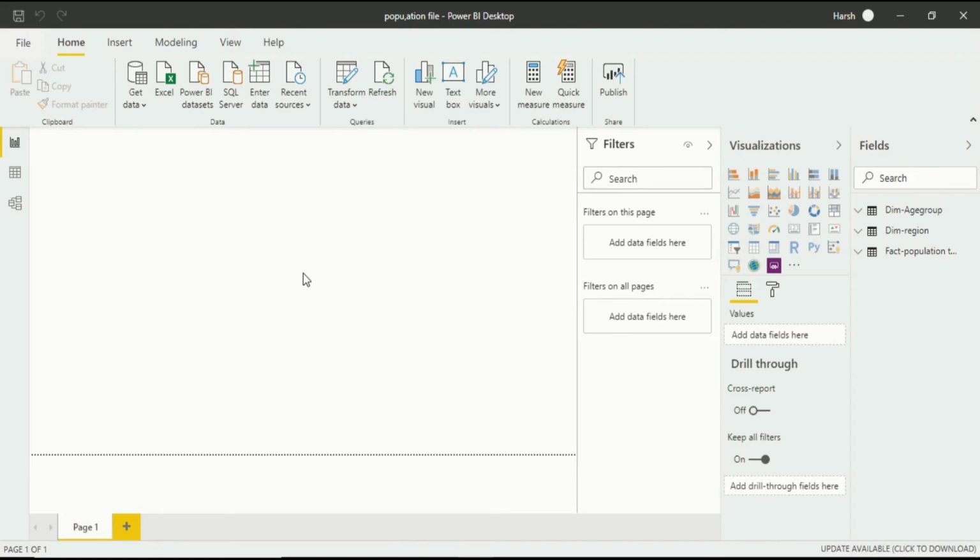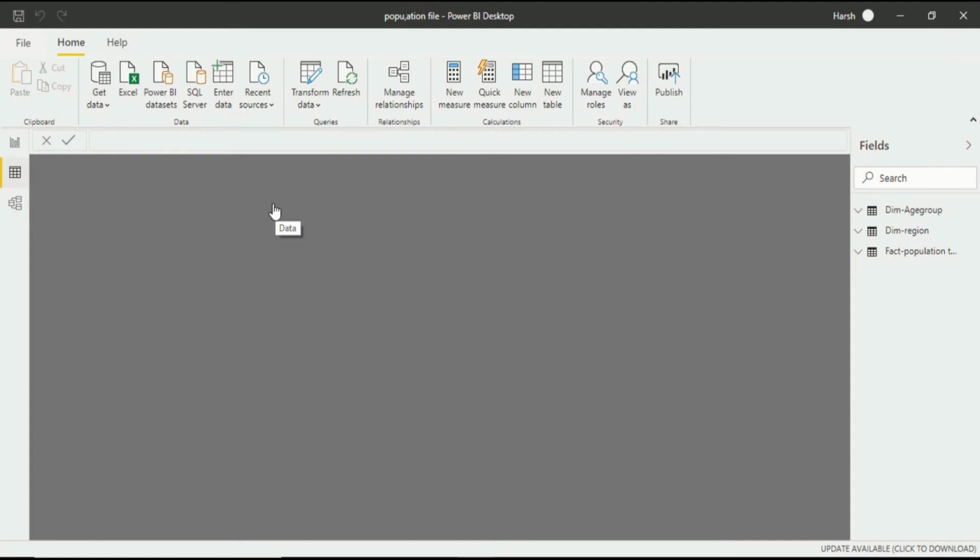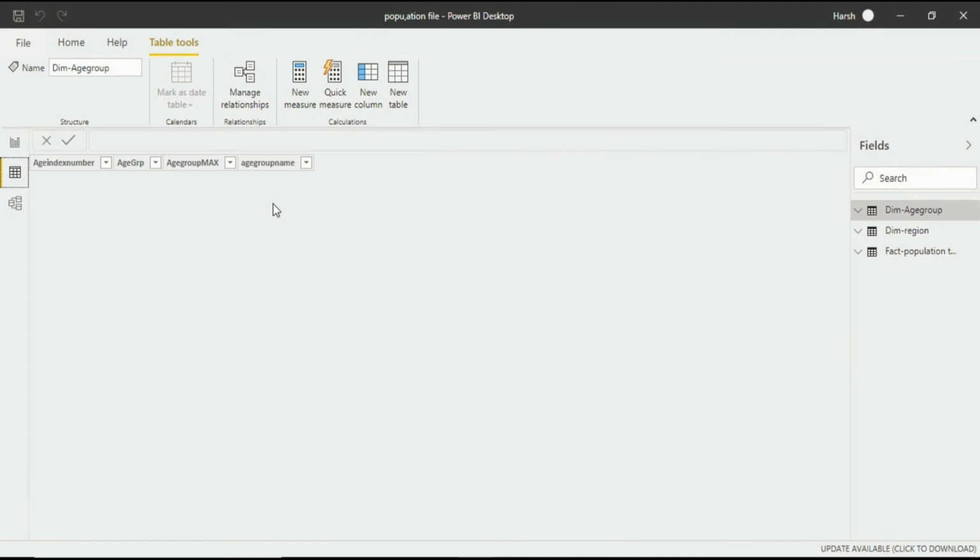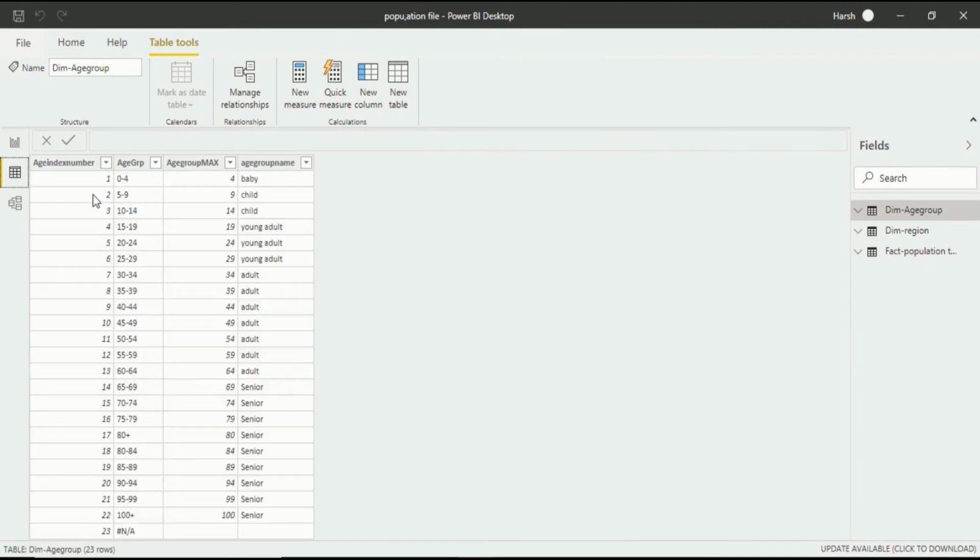Now we are in Power BI Desktop in the Data Model interface. If you want to learn more about this interface, you can go to my previous video and see how this interface works. Now let's get back to the question of this video, about the categorization of data and why it is important. We have already covered the DAX expression, data analytical expression. Now to understand the categorization, we must go into the Data View.